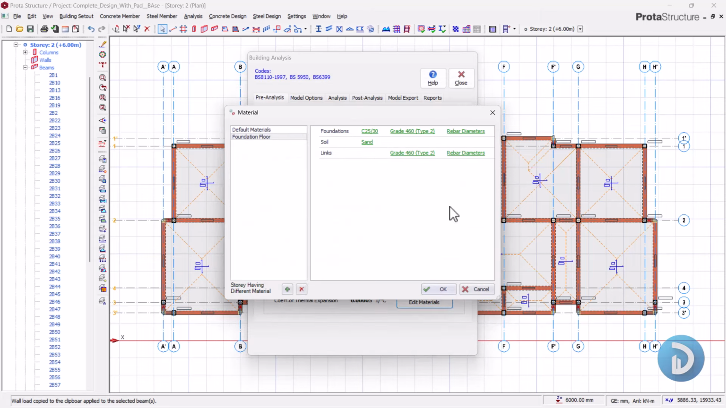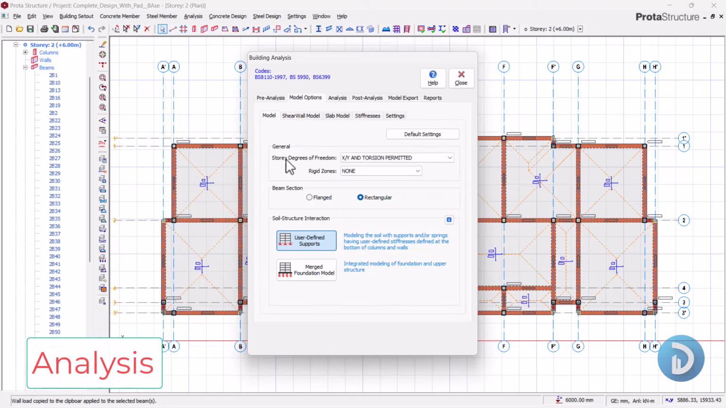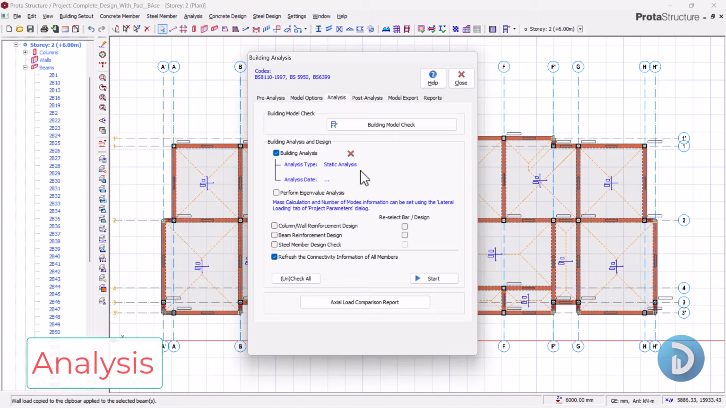Okay, so we can go ahead and save this, and we are done with our pre-analysis phase. So the next is going to run our analysis. For the model options, leave this at the default. Then we'll come to the analysis tab. As you can see, no previous analysis has been done on this very structure, so we'll just get to